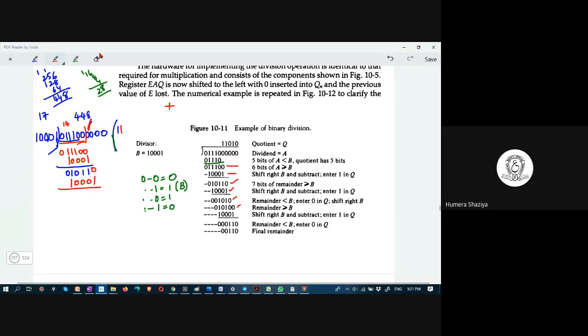All right. And then here it is 1, 0, 1, 0, 0. Consider this one. This is smaller. When it is smaller, you have to place 0 in the quotient value. All right, students. If it is 0, you have to put the 0 in quotient, 0 bit. After putting 0, one more 0 will be brought down.